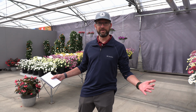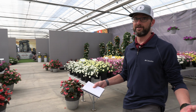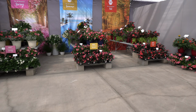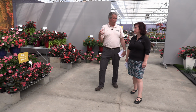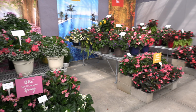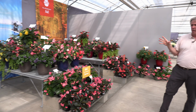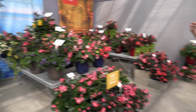It's fun to see begonias at Benary, and I think we're going to move through the greenhouse and see some more. They are well known for begonias. Two of their leading series are big series. In fact, one of them is called Big. Big grows 24 to 30 inches tall in containers or the landscape. They've got one new color that I'll show you in a second, but the real concept is they'd love you to grow Big for all seasons,